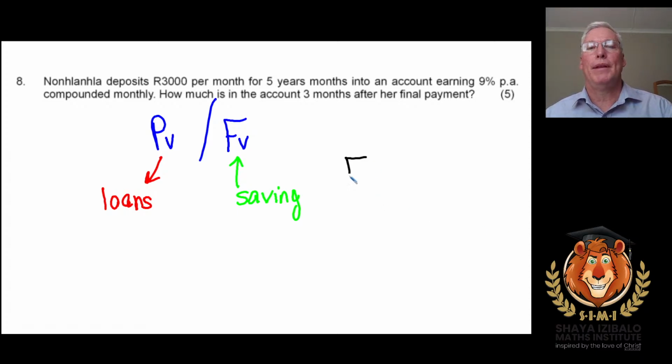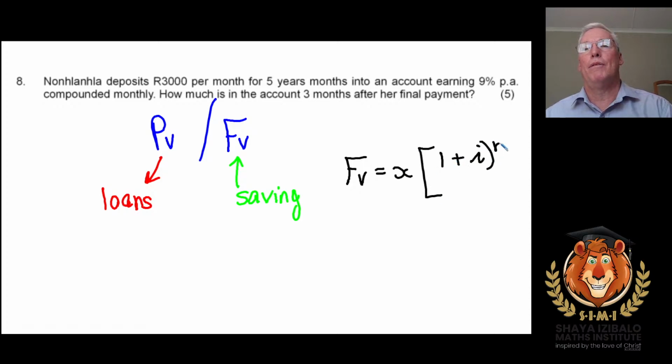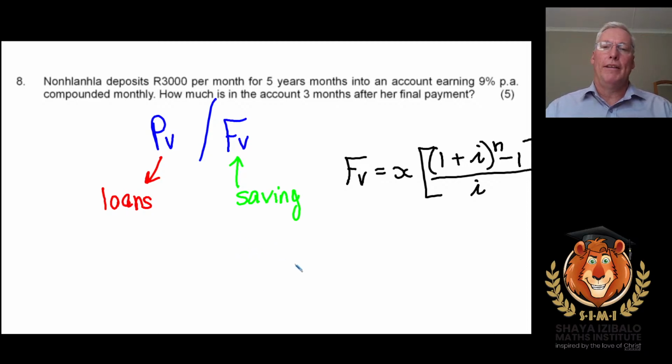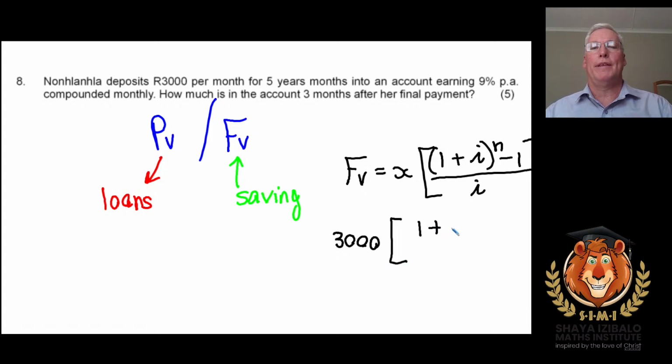Right. Here's the formula. It's the first time I'm showing it to you today, but future value is x, 1 plus i to the power of n, minus 1, over i. Notice I'm not having to stop and think about the formula. If you use it often, I know you get provided it, but it's actually worth knowing it. Right. So Nonhlanhla is going to deposit 3,000. That's our x. 1 plus the interest rate, 0,09 over 12,